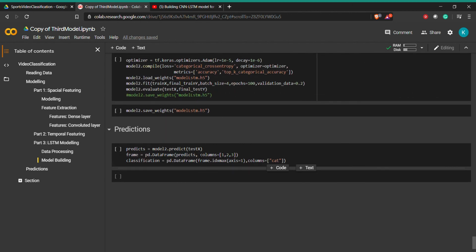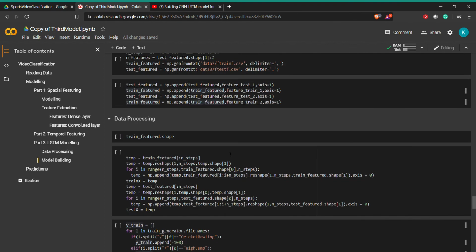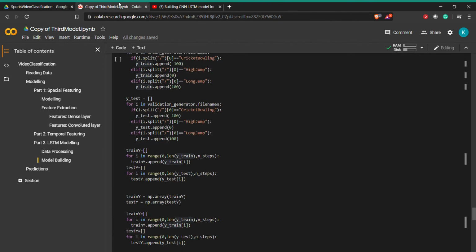So that's all for the third model which we had built, and we are in the process of optimizing this model as much as possible, currently using various loss functions etc. Thank you.